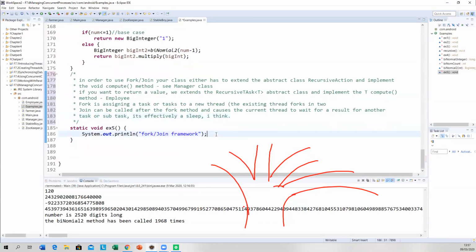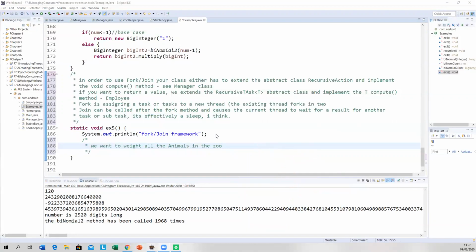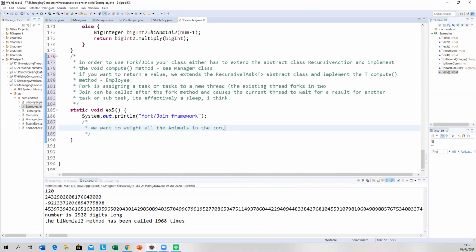So here's our problem. Now we want to weigh all the animals in the zoo. Okay. Of which there are 10 animals, and then add up all the weights.